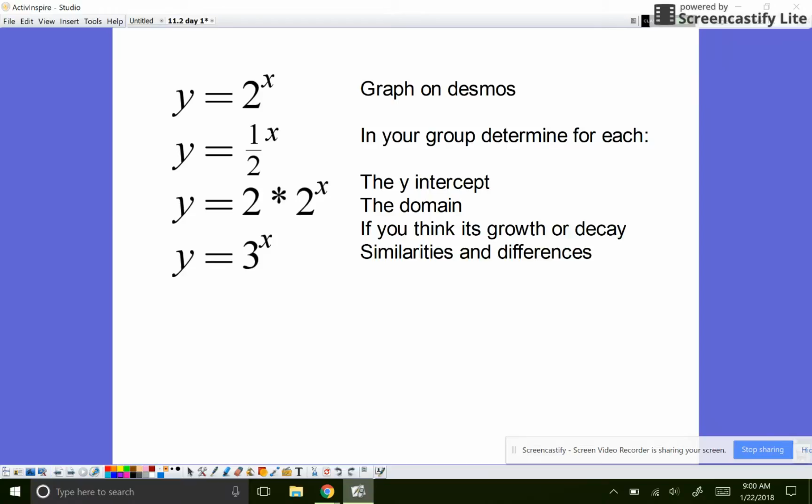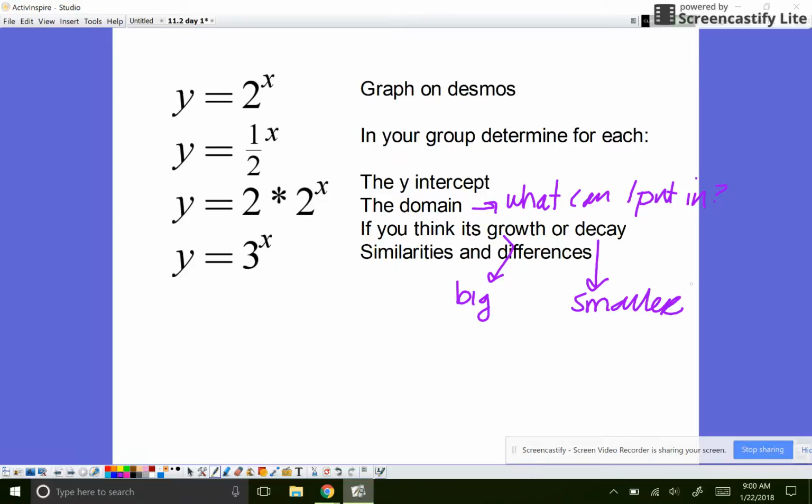What's the y-intercept of these functions? What's the domain? Remember, domain is what numbers can I put in? Do you think that it's growth or decay? Growth would be getting bigger, and decay would be getting smaller. And then are there any similarities and differences between any of these graphs? So those are some notes I want you to take kind of on your own. When you are ready, go ahead and keep